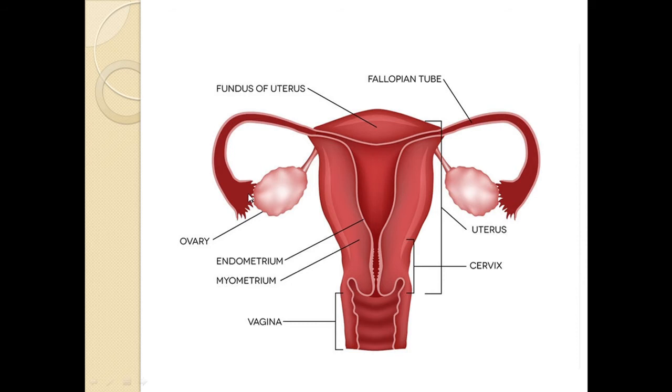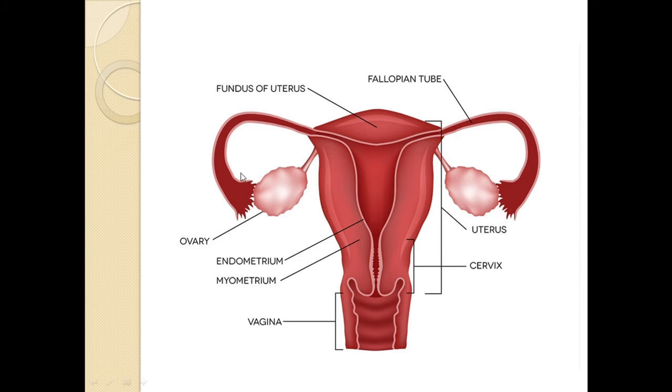The edges of the infundibulum possess finger-like projections. See these finger-like projections. These are called fimbriae, and they are very important, as they help in the collection of the ovum after ovulation. What is ovulation? The process of release of the ovum is called ovulation. Now you know that the ovaries are not directly connected to the fallopian tubes. So once the ovum is released, that is, ovulation takes place, it is collected by the fimbriae and then it passes through the fallopian tube.